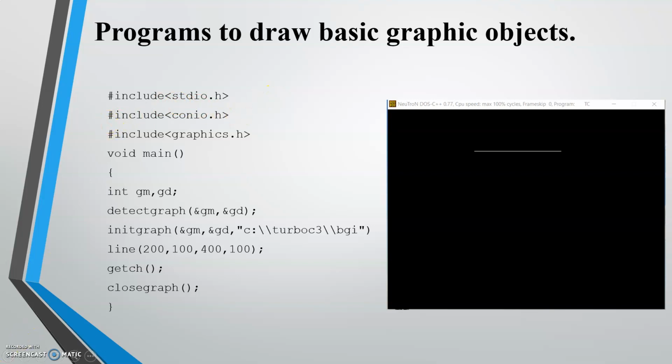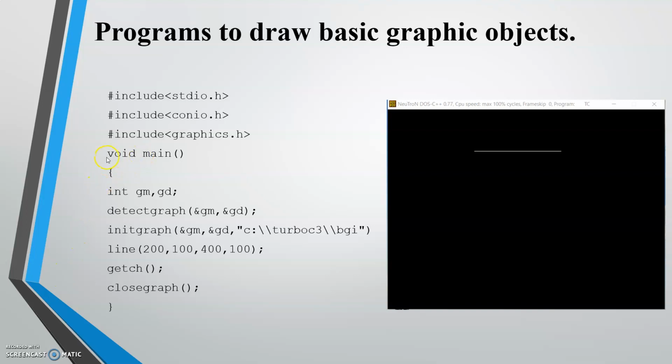Next is your #include conio.h. We have previously studied about these header files in your C language. And next, it is new to you, that is #include graphics.h. This header file must be included for every graphics program.